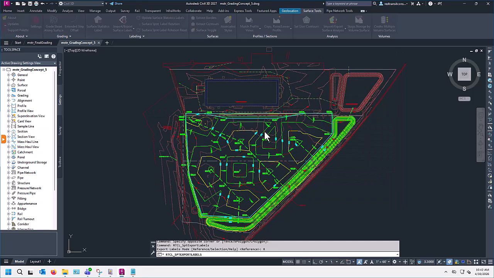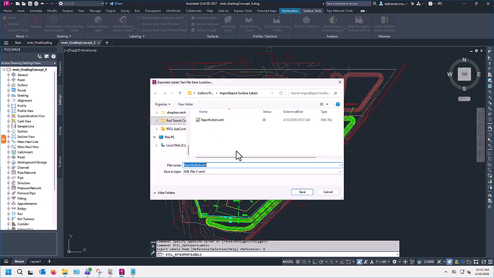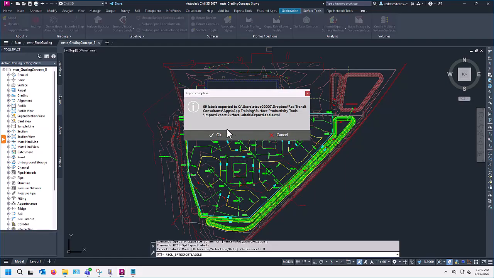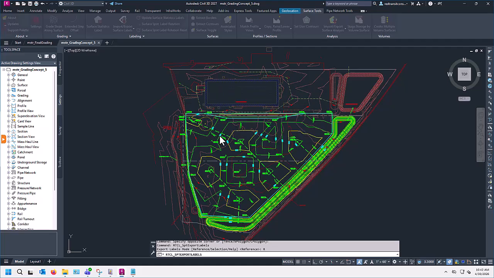And then I click apply, and I'm going to go ahead and overwrite this file in here that I've done from a previous session. And I have 69 labels that came out. Now, if I take a look at that